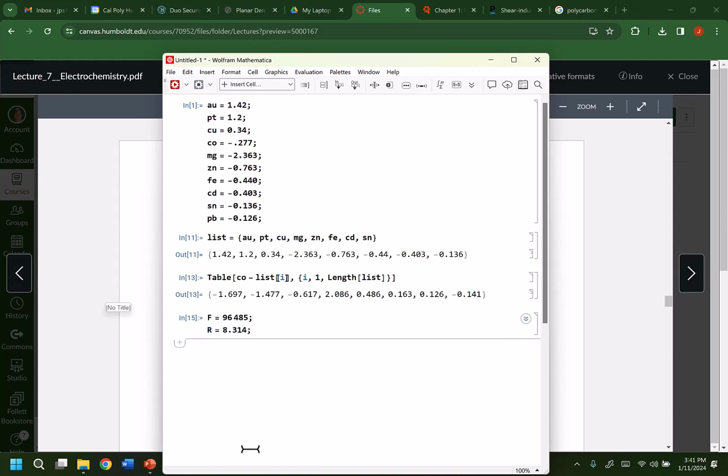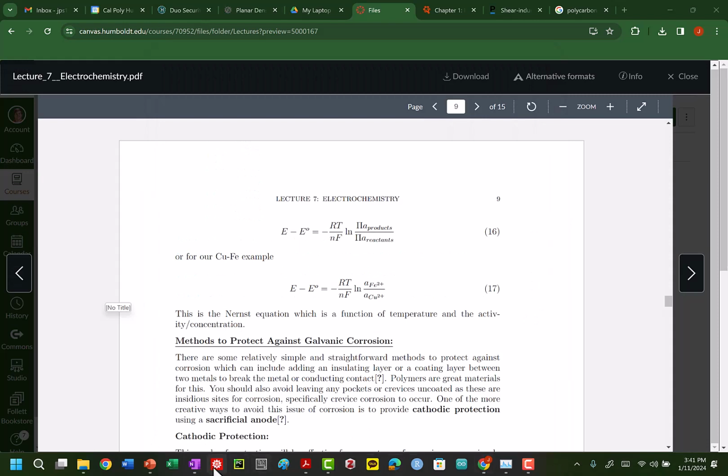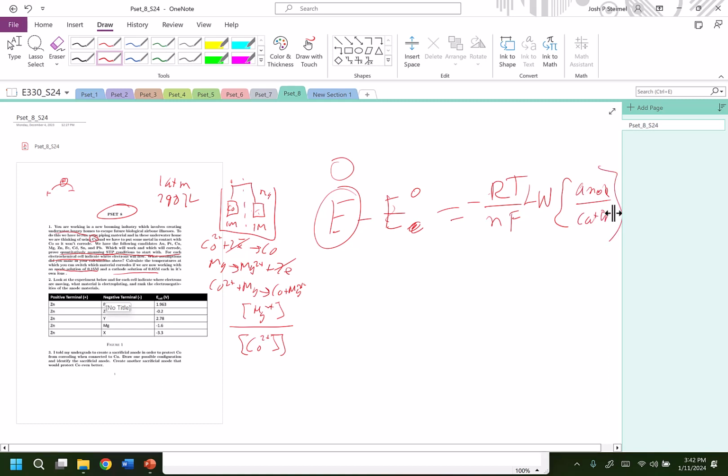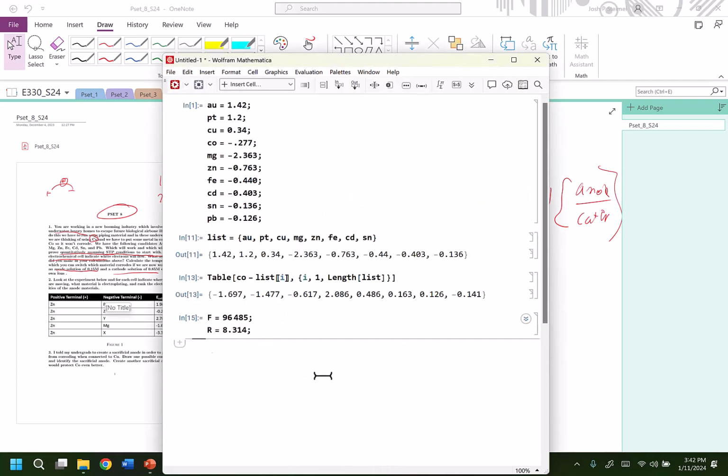So what we need to do, and let's go back to our equation here: minus RT over nF, natural log of our concentration of the anode over the cathode. So we can go ahead and put those values in. So the anode 0.15 over 0.85. So we need to solve, when does 0 minus, and we're going to call this my E naught L, so minus E naught L1,